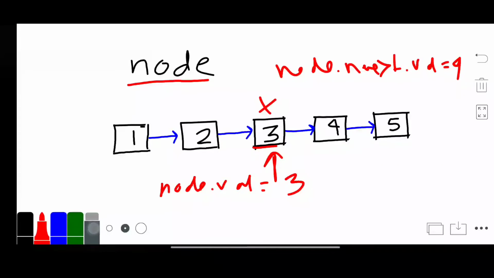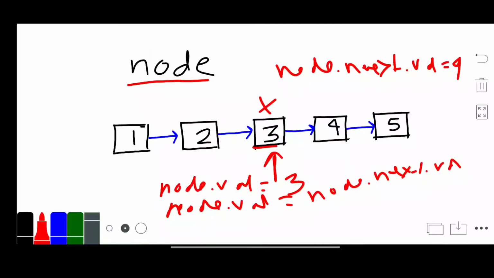So if I assign node dot value equals node dot next dot value, then it will be 4. Are you agree with me?